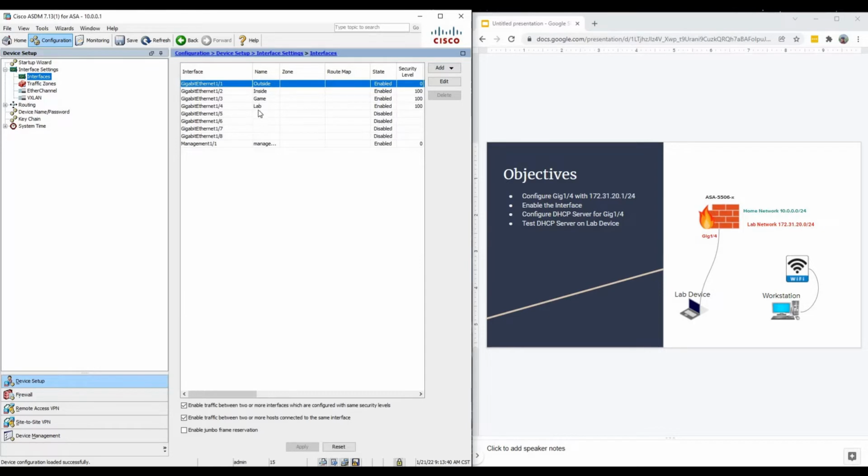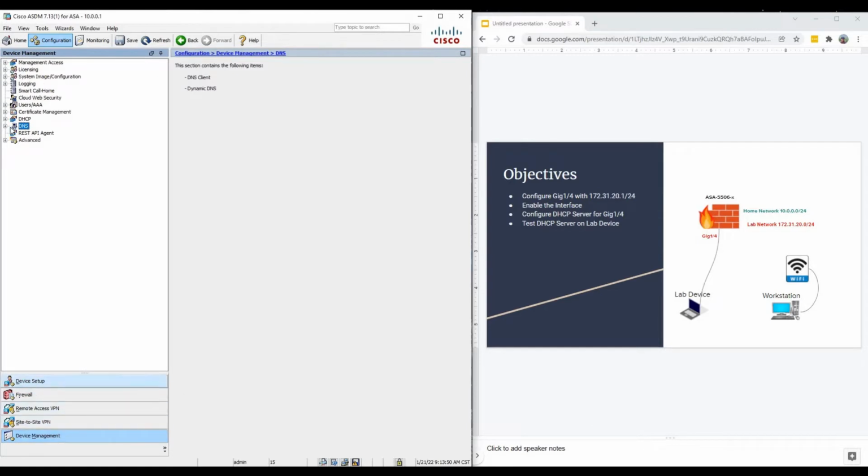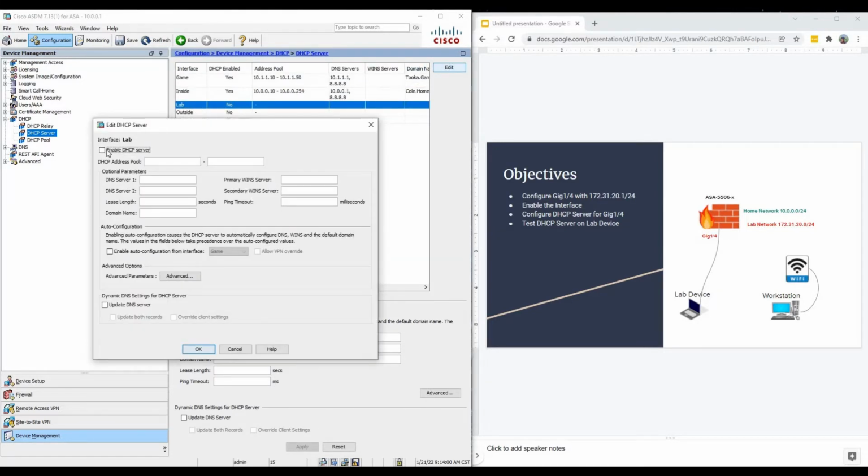Alright, so now that we have the interface set up, you can see it's enabled, security level 100. We have our IP address. So now what you want to do is go to device management, and we're going to set up DHCP. Select DHCP server, select your lab interface that you just created, hit edit. Now we want to enable DHCP server,